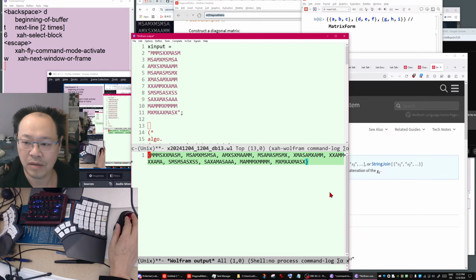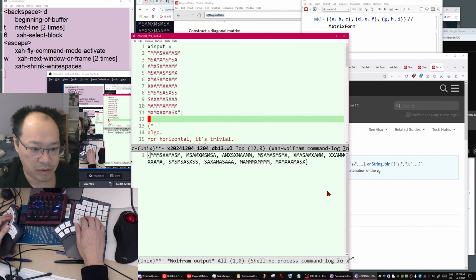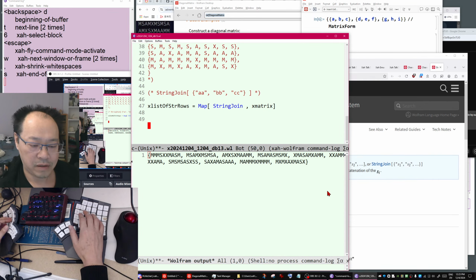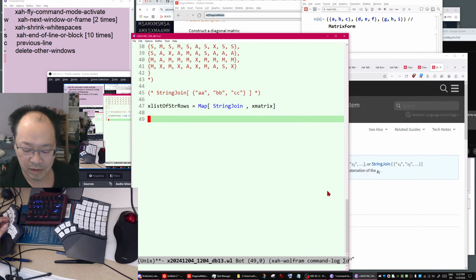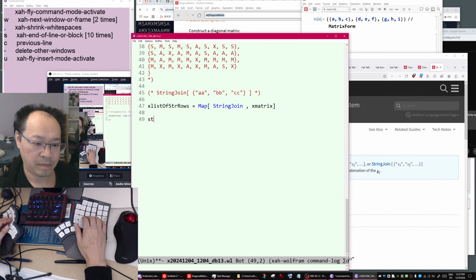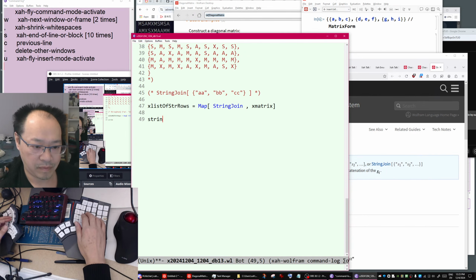Now regular expression, StringCases, I believe. By the way, overlap also counts, remember?